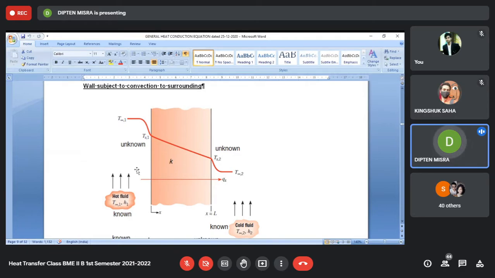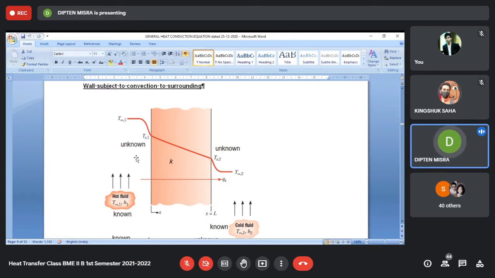And it cannot have that type of situation. By stagnant we mean that the velocity is very small. In that case, the value of h will also be very small. Also, it depends on the orientation of the wall vis-a-vis the direction of gravity. So there are many factors which will govern the value of h. Whether this fluid flow is because of forced convection, or whether this fluid flow is because of density variation, which we call natural convection. So all these factors will determine the value of h.